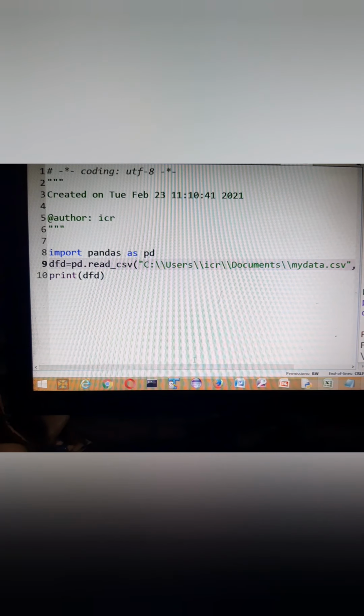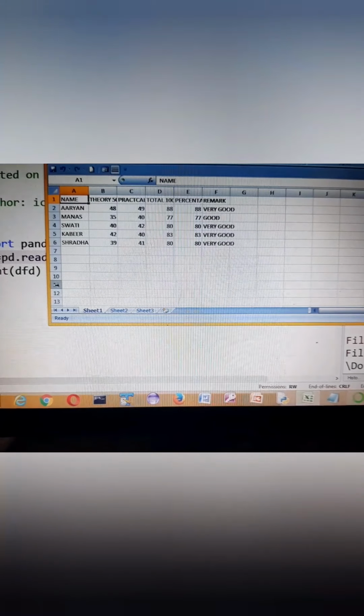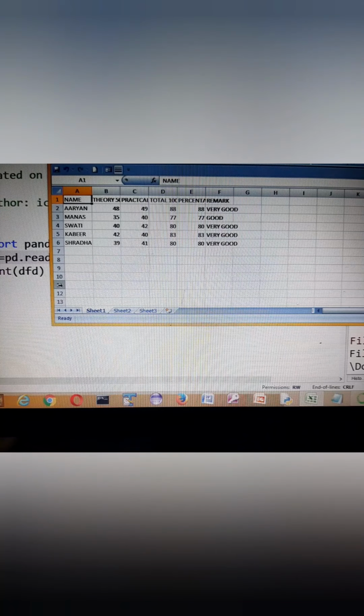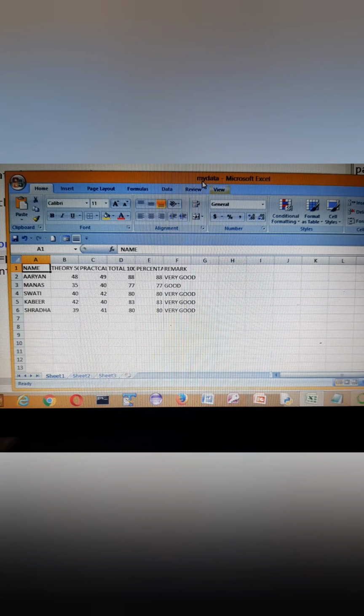Now let's see, in order to convert an Excel file to a CSV, this is my Excel file which I have opened in front of me, and this is my data. I want to save it as a CSV file.